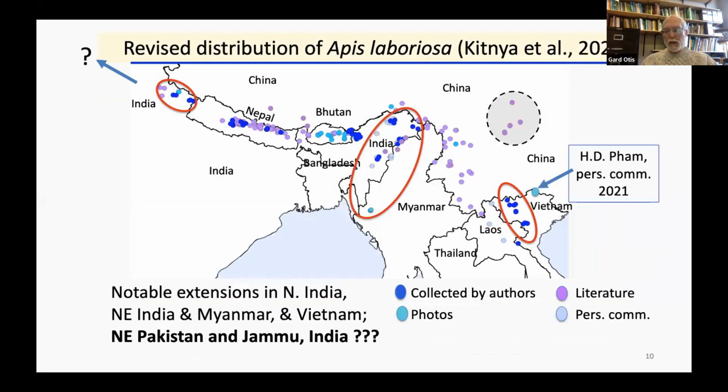So the first thing we did in our studies was we decided to reevaluate the distribution of Apis laboriosa. We felt that there were many more records that could be incorporated from the previous assessment of its distribution. And here you see it. Here you see what we came up with